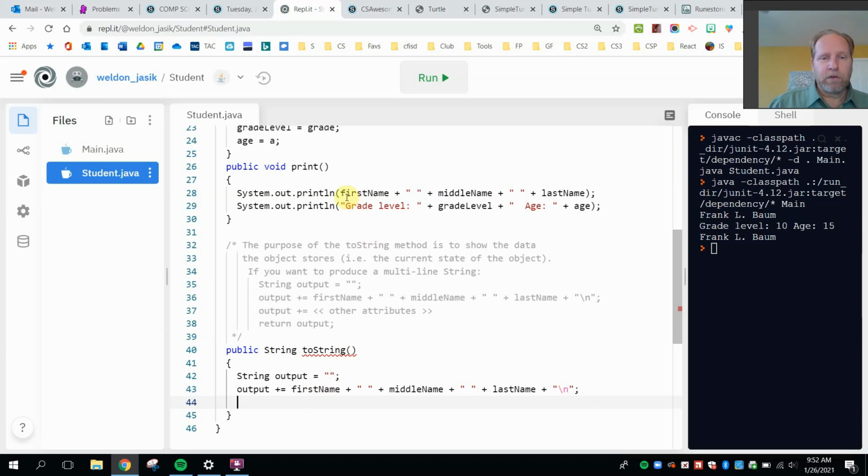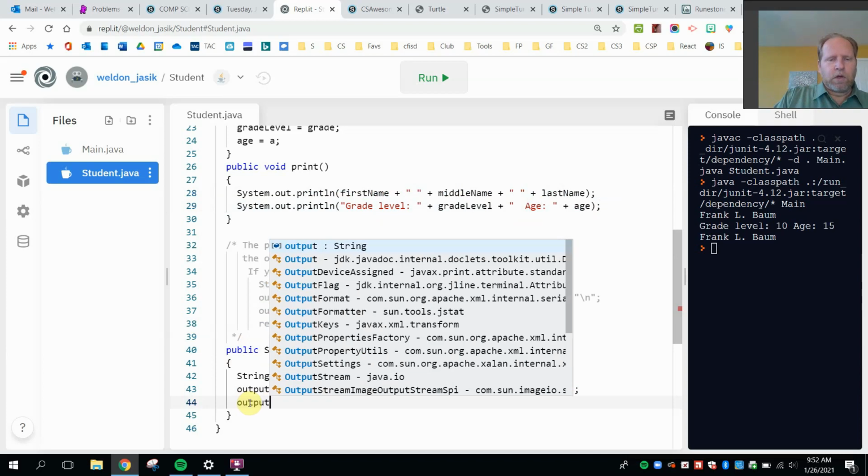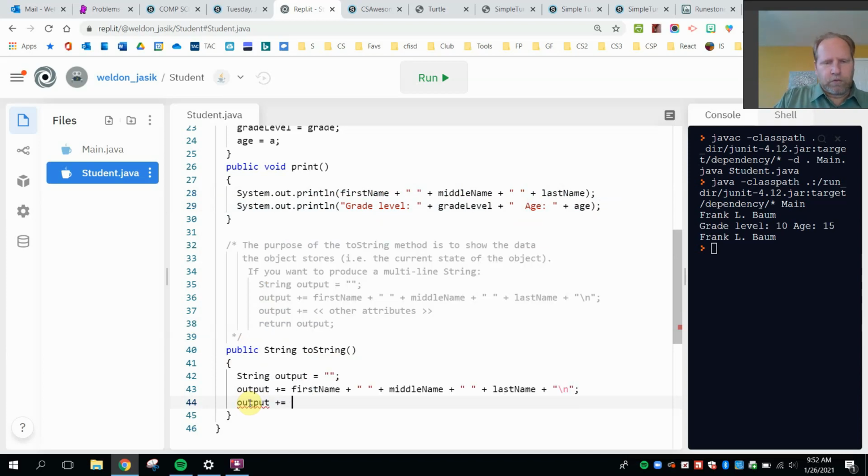Now I wanted to add this, and so I'm just going to copy and paste again. Output plus equals that text. And once again, instead of printing it, I'm just adding on my string. Should I have a new line character at the end? Here,